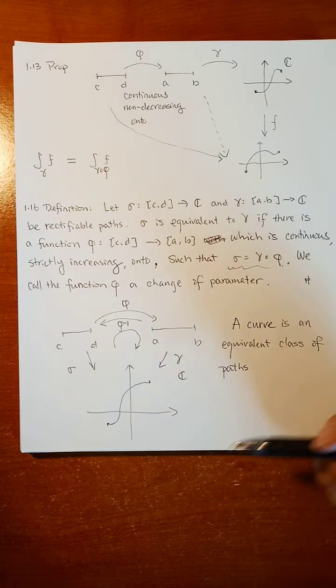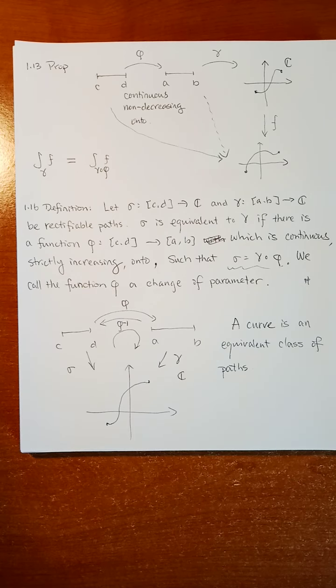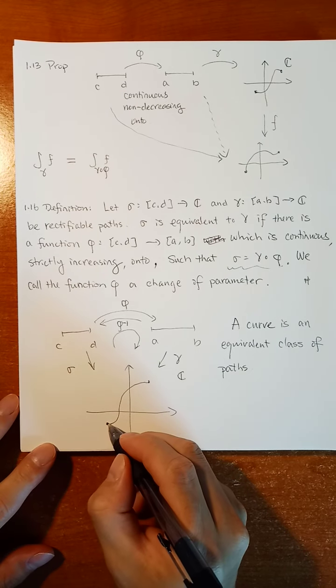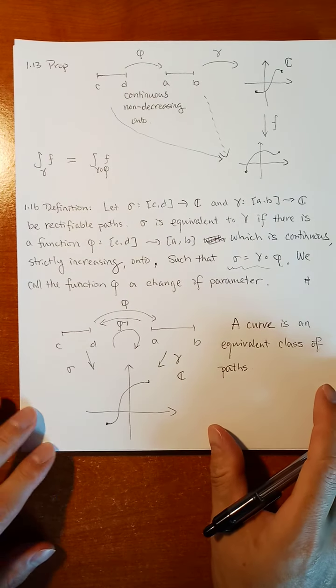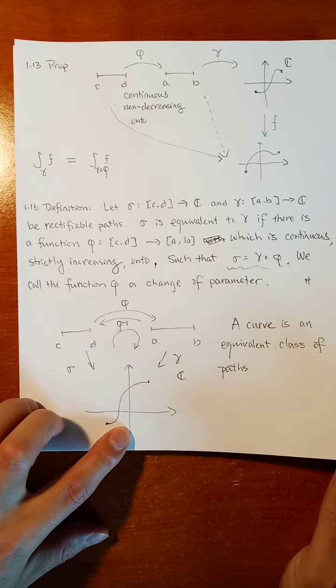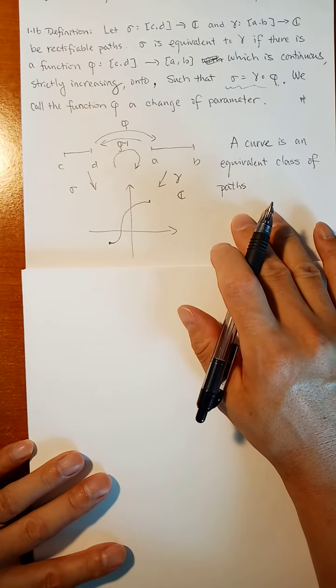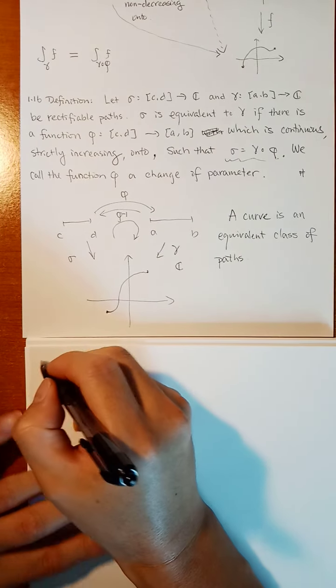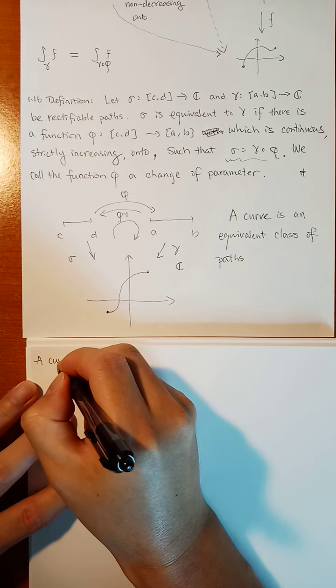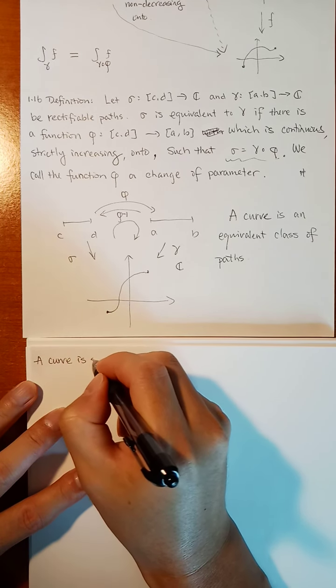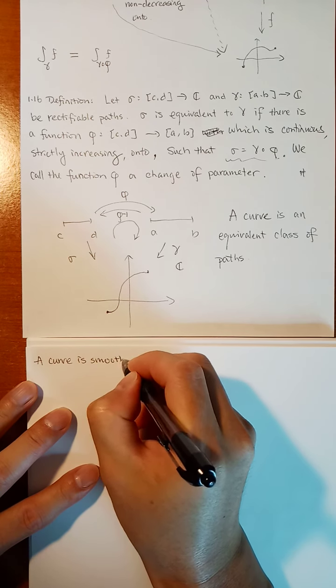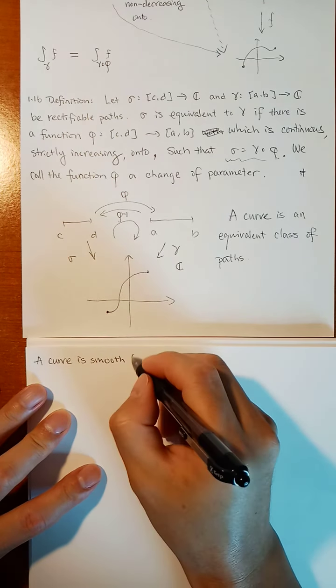For a curve, you have a lot of realizations. And for the curve, we say the curve is smooth or piecewise smooth